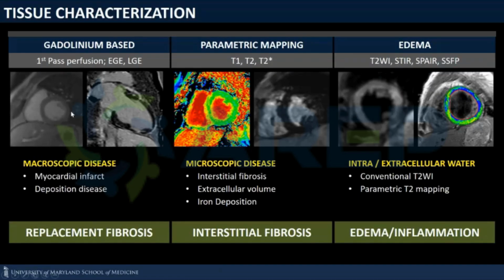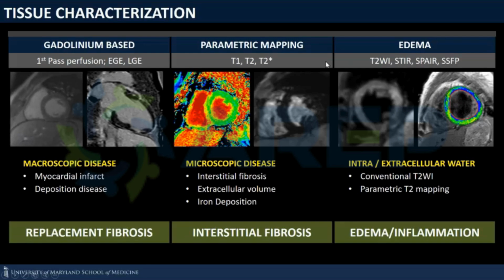So our gadolinium-based techniques help us look for more macroscopic disease, so deposition disease, myocardial infarct, all of them are signs of a replacement fibrosis. The parametric mapping techniques, again, this allows us to look for more microscopic disease. So disease where we don't see definite areas of enhancement, but we see evidence to suggest expanded extracellular volume and subsequently interstitial fibrosis. And then finally, again, looking for evidence of edema using a variety of different techniques. Finding edema in the myocardium suggests that you have active inflammation, and again, suggests that you have an active